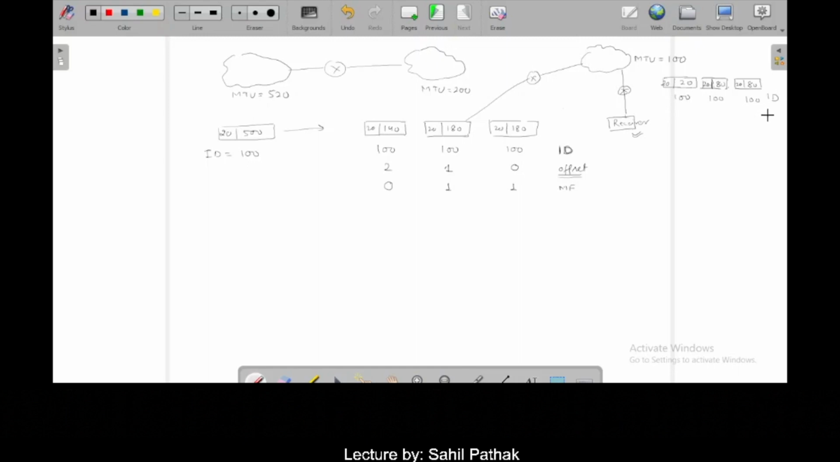Similarly, if we talk about the offset, what should be the offset over here? Again, if we mark 0, 1 and 2 here, you can see that when the receiver is going to receive every fragment,